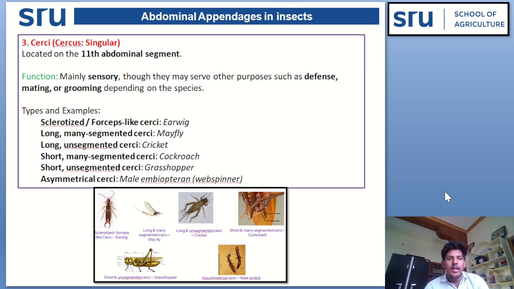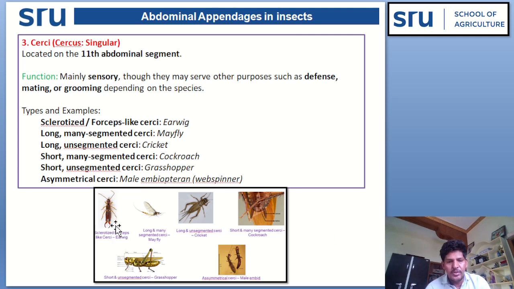Cerci are located on the 11th abdominal segment. These are mainly sensory organs, but they also play other roles such as in defense, mating, or grooming, depending on the species. See here,